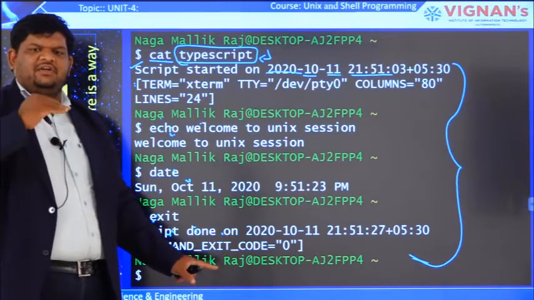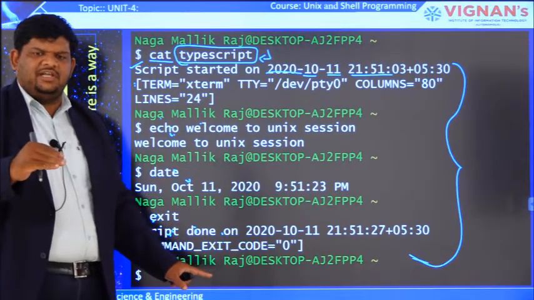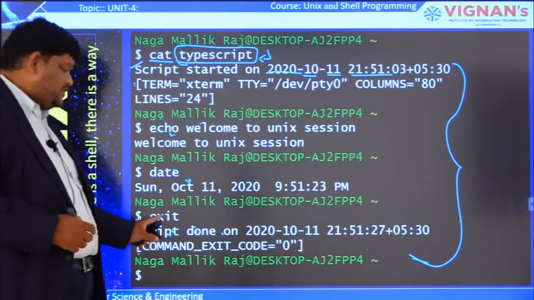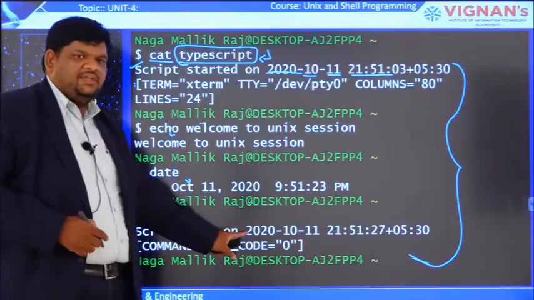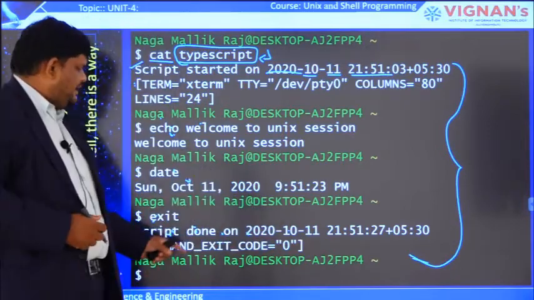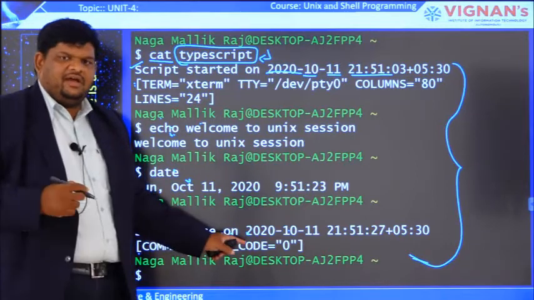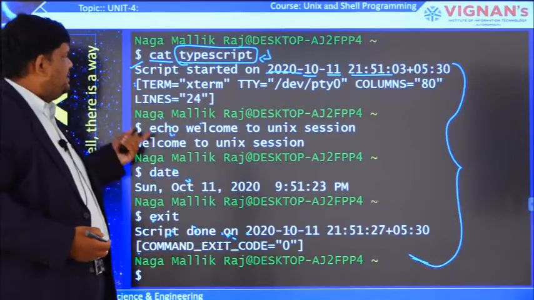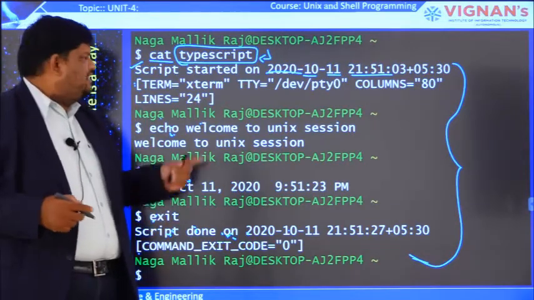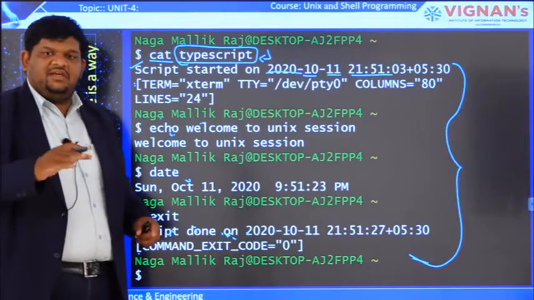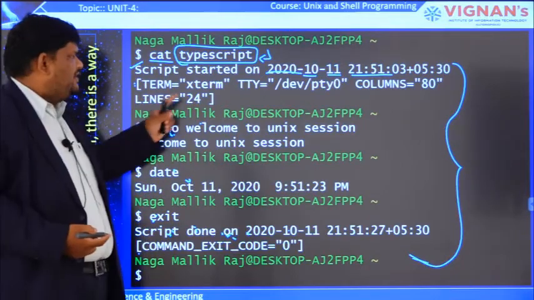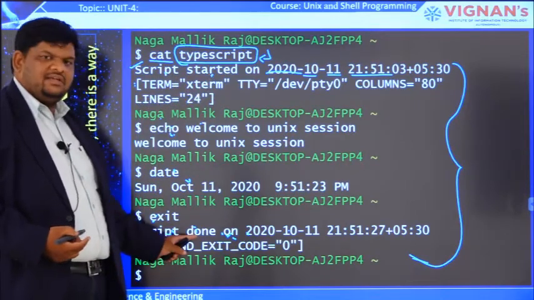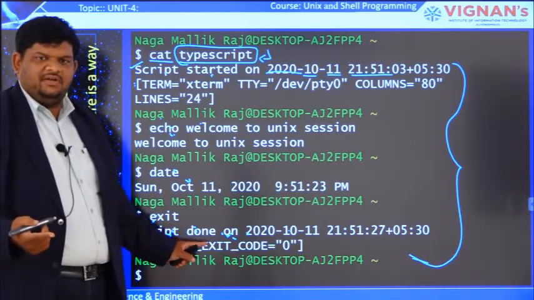It records whatever you do on the terminal, and it stops recording when you provide Control plus D. That is why it shows that message when you stop the recording. Based on this message we get an idea at what time you stopped recording your current session. In this way we can record our current session, and with the help of the cat command we can check whether the session is recorded or not. It gives us a very clear message: script started, when it started, and when you exited or stopped the recording.